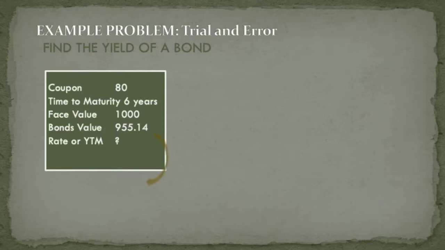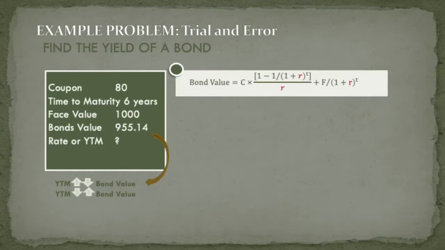And since the value of the bond drops to 955.14, the rate will increase. Let's use the first given formula. Try to use different discount rates until the calculated bond value equals the given bond value. So from 8%, let's use 9%. And the total that will appear when we use the rate of 9% will be equal to the given bond value of